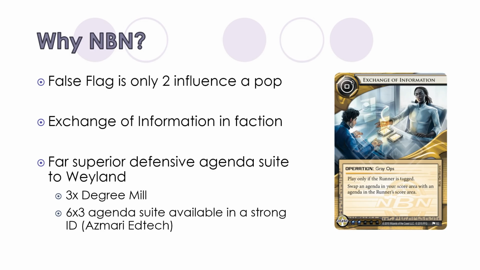Those are all very, very bad traits for a deck that doesn't want to score said agenda, right? There's no point in us installing and advancing CityWorks when we know we're never going to score it anyways. So NBN is the natural home for such a challenge deck, and we have a very powerful identity that enables